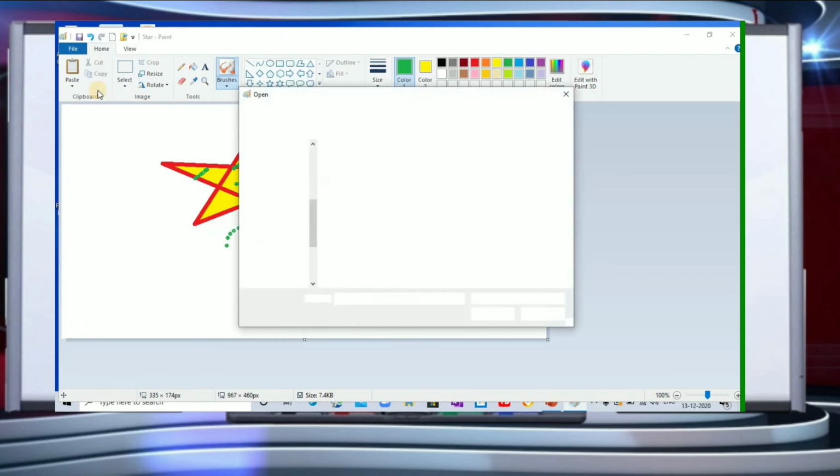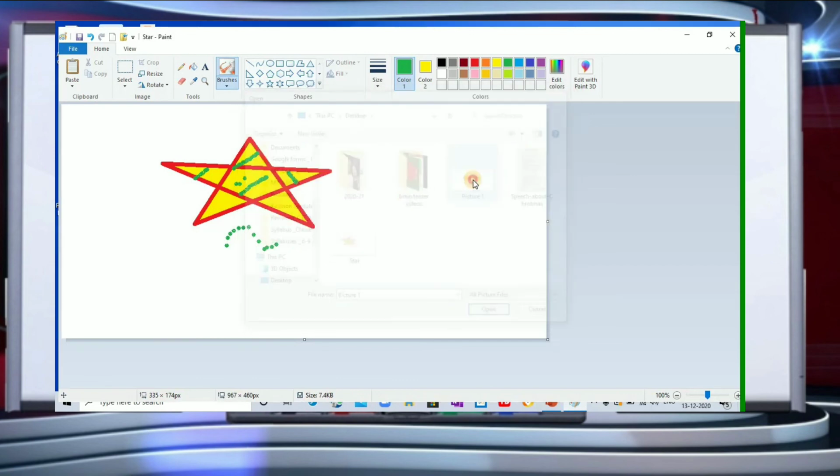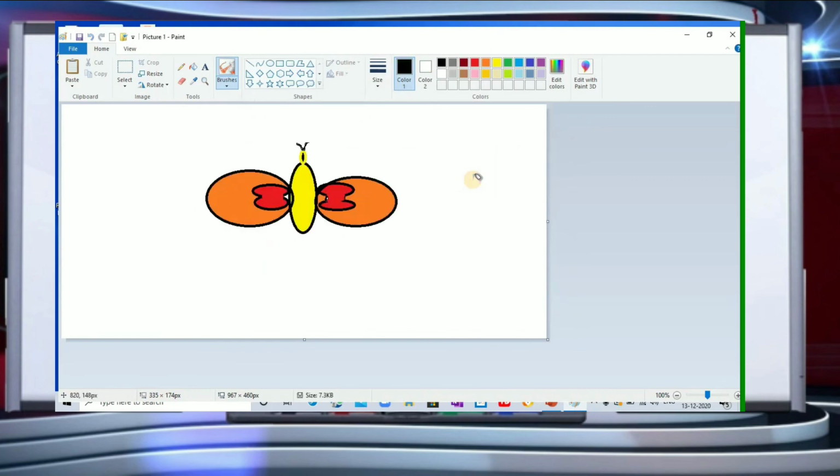I have saved one picture on the desktop. Okay, this is picture 1. I can either double click on this or simply click and open. I double click it and see, I'm getting this picture on the screen. This is how you can get your saved drawings back on the screen, and if you have to make changes in this, you can make whatever changes you want.